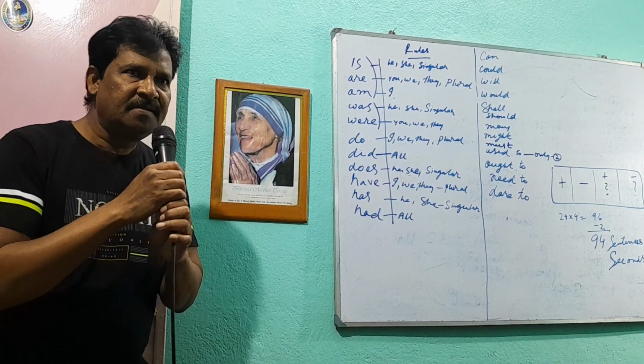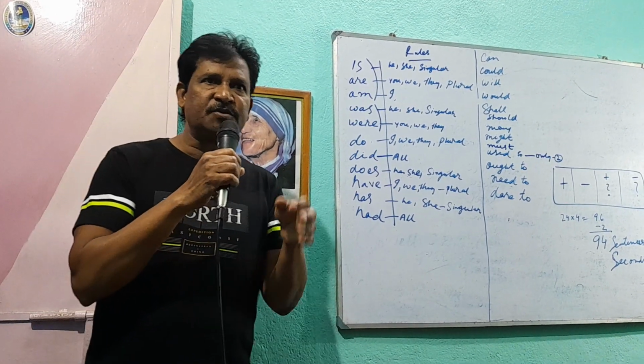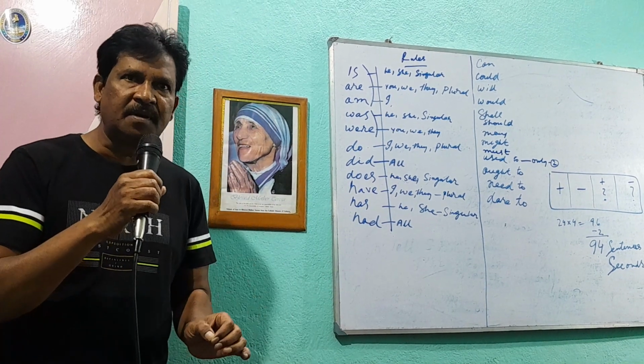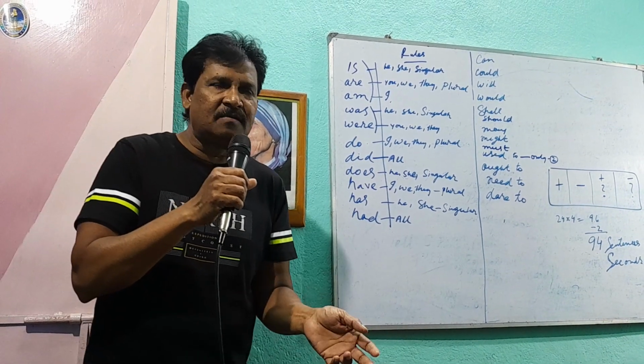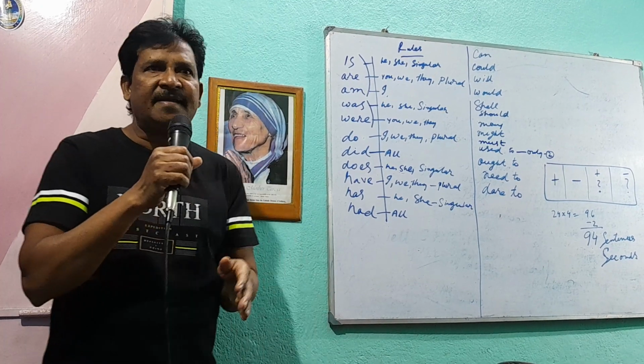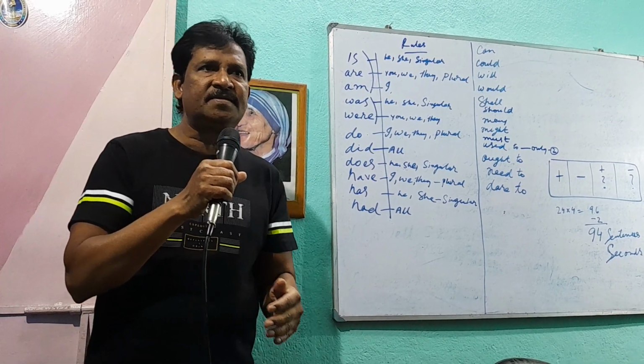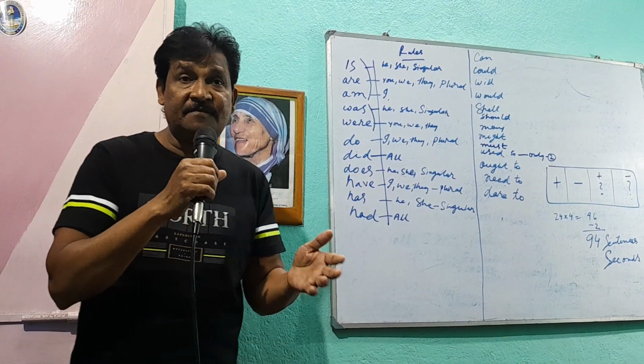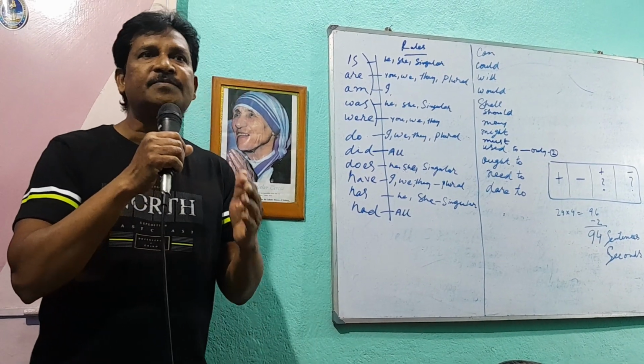So my dear friends, these are the auxiliary verbs. The people who speak English but do not use the auxiliary verbs, you must understand that these are not educated people. They have no idea. You may understand what he's talking, but the thing is that grammatically he is wrong. This is not international English definitely. And I would say that you should be very, very careful. Learn the auxiliary verbs properly.